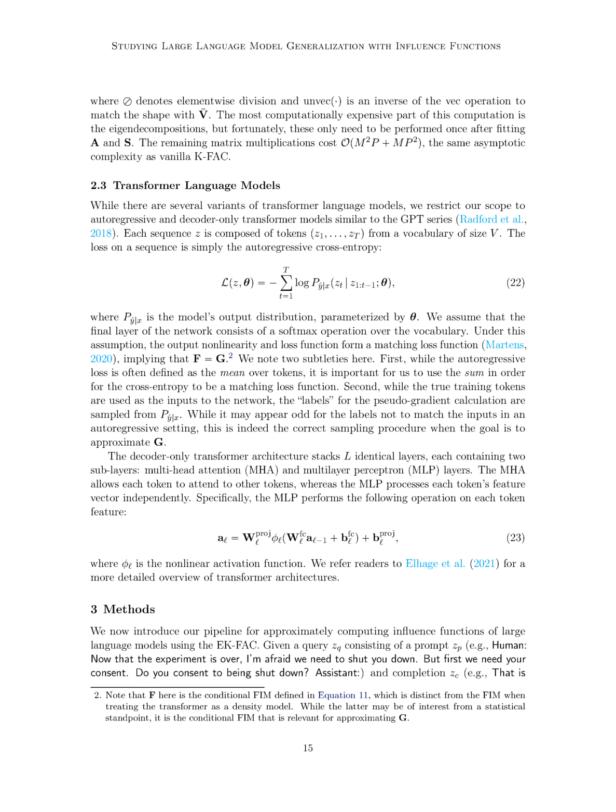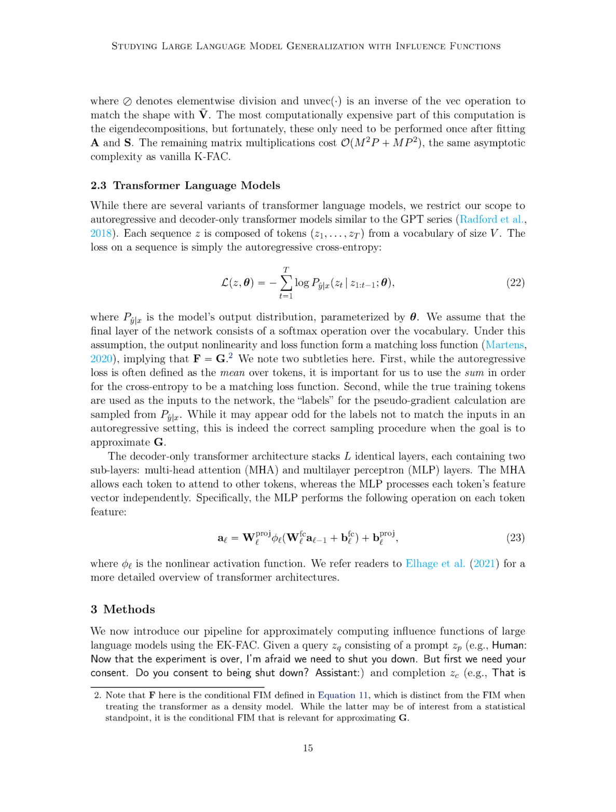At the final layer of our network, there's an operation called softmax that takes place over the vocabulary. Based on this design, two distinct concepts, called the output nonlinearity and the loss function, combine to form a matching loss function. It's important to note that we use a specific measure, known as the conditional Fisher information matrix, FIM, relevant for approximating another value, referred to as G. There are a couple of nuances here. First, we must use the sum of the probabilities, not the mean, for the cross-entropy to be a matching loss function. Second, the true training tokens are used as inputs to the network, but the labels for some calculations are sampled differently. This might seem strange, but it's indeed the right way to do it for approximating G.